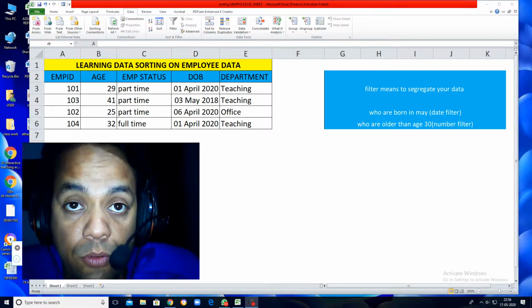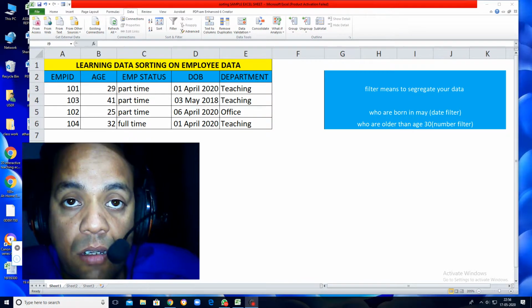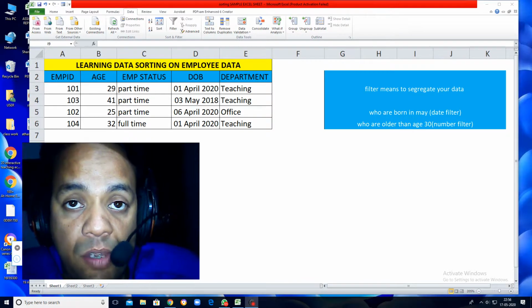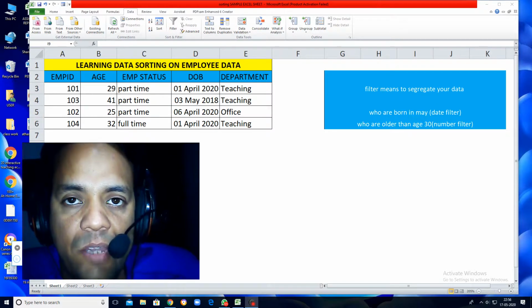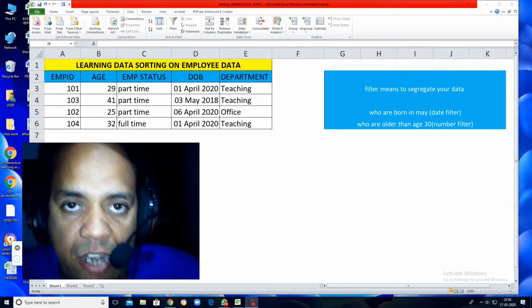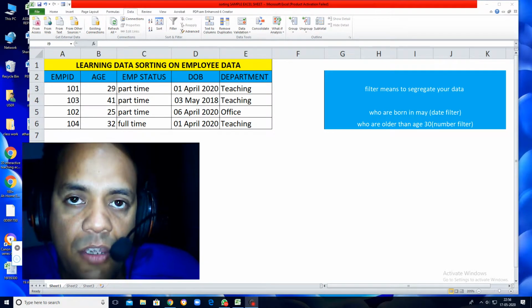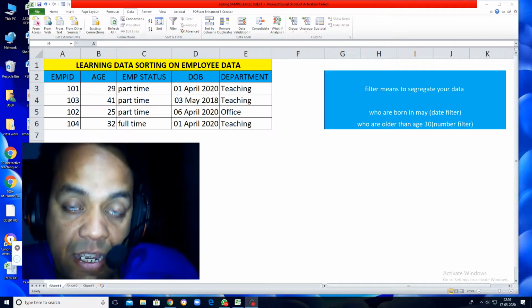How would you do? Would you select records one by one out of 50,000 in Excel? No. The shortest way is to use filters. Filters are the easiest way to segregate the records in your data, and again you can get the same data back very easily.